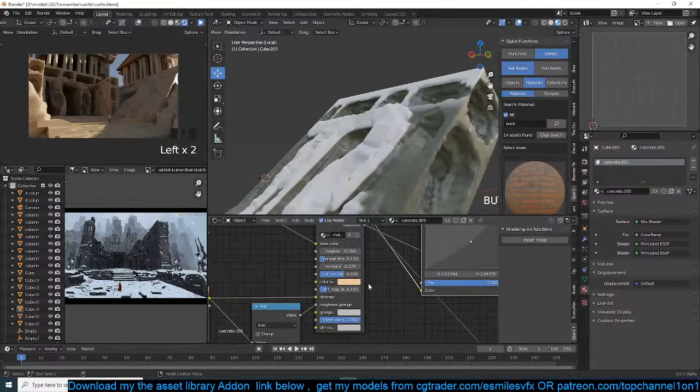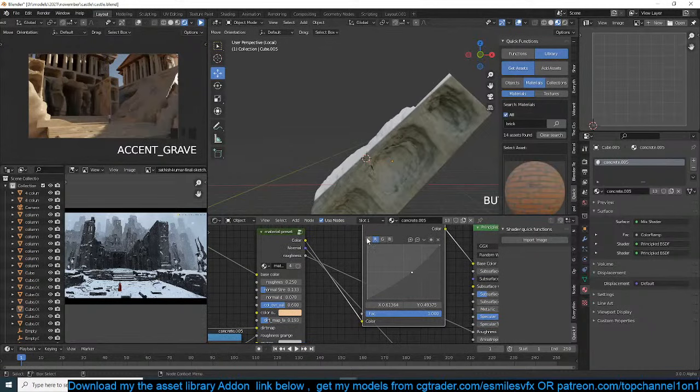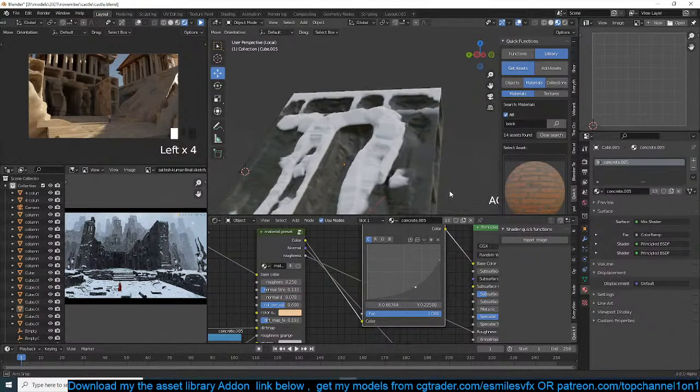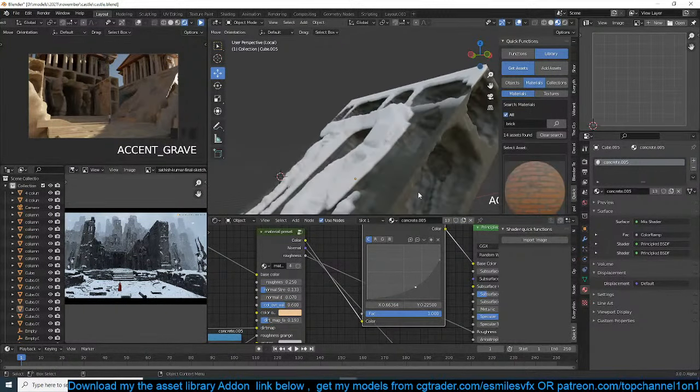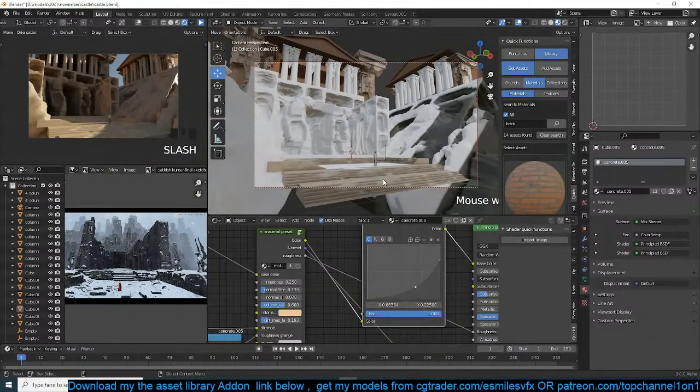So maybe something like that. And again, I want it to be a bit darker to emphasize the snow. So yeah,